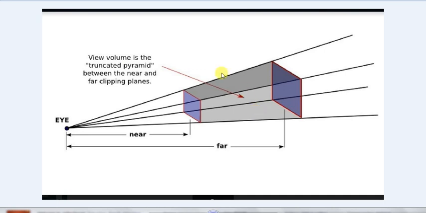See the region, this shape is forming a truncated pyramid like a structure. This is one face, this is the other face. So any object that you see will be located in this volume.